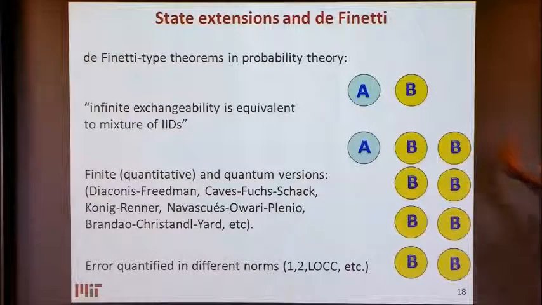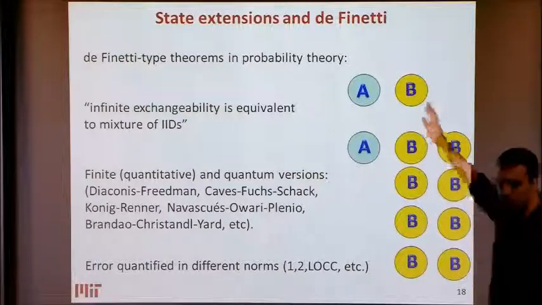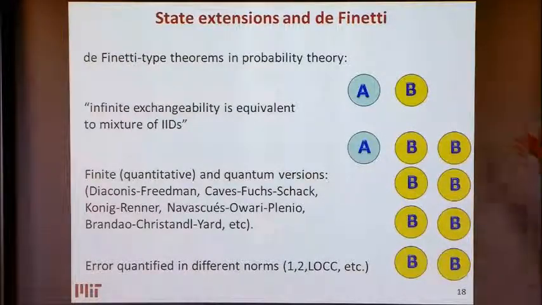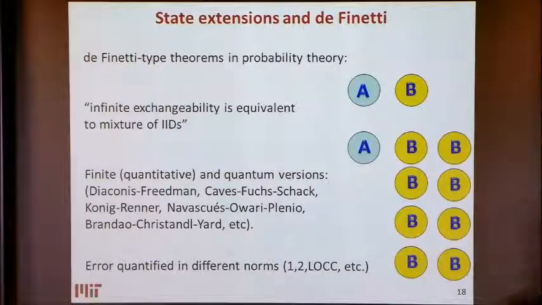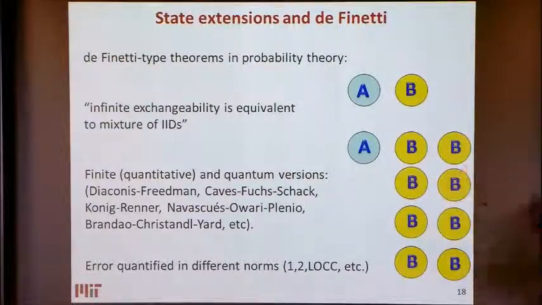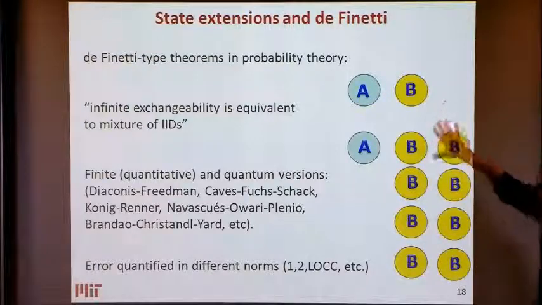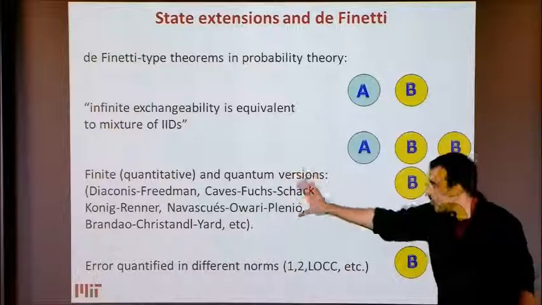answer. Very quickly, the 3 slides that I have, 2 minutes I have. So one is, of course, this should ring a bell, and it's exactly somehow the equivalent of the classical de Finetti theorems in probability. The de Finetti theorems will tell you that if you have a sequence of random variables that's infinitely exchangeable, then that's equivalent to being a mixture of IIDs. And somehow what's underlying all this story is some finite versions of that that were worked out by Diaconis and Freedman, and the quantum versions of this, both finite and infinite, that were worked out by a number of